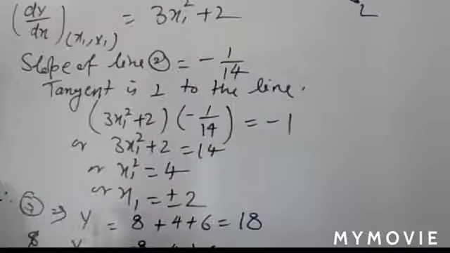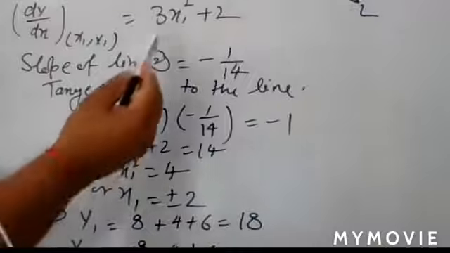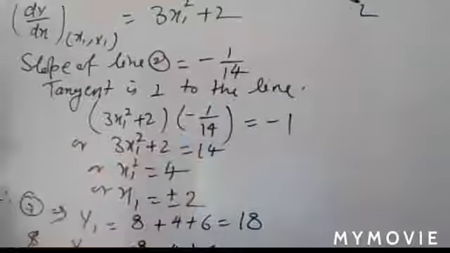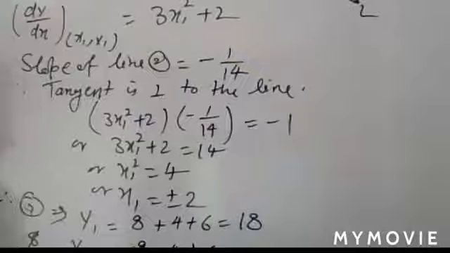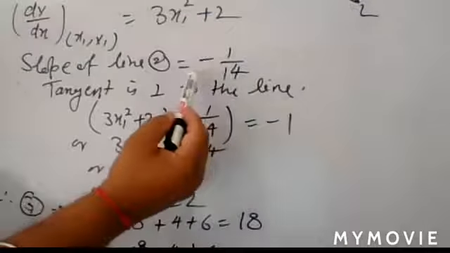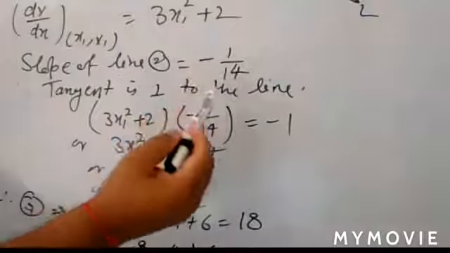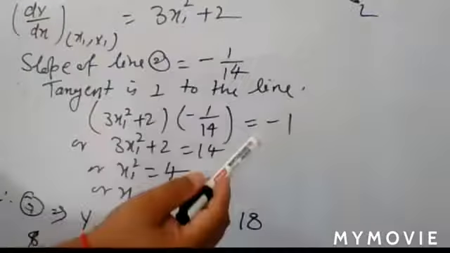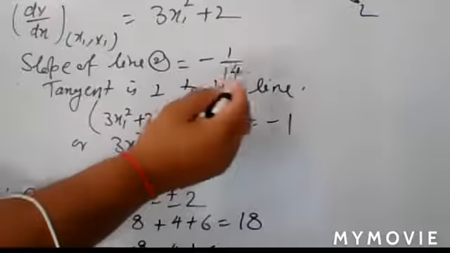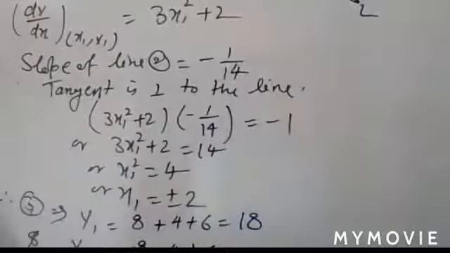No need to put the values x equal to 2 and -2 in dy by dx is equal to 3x square plus 2. No need to put it there. सबको समझ में आ रहा है ये स्टेप? तो बेटे यहाँ पे आपको स्लोप ऑफ टेंजेंट डायरेक्ट मिल रहा है, because here you have a relation in between the tangent and line. Tangent is perpendicular, so the slope of tangent here is 14. Okay, so use it.